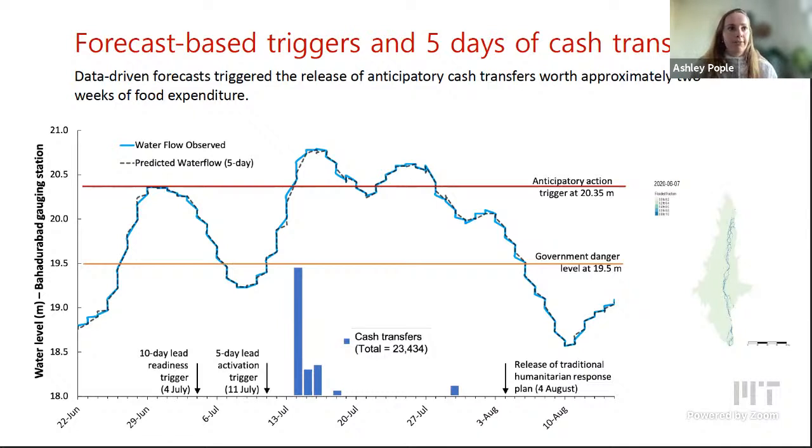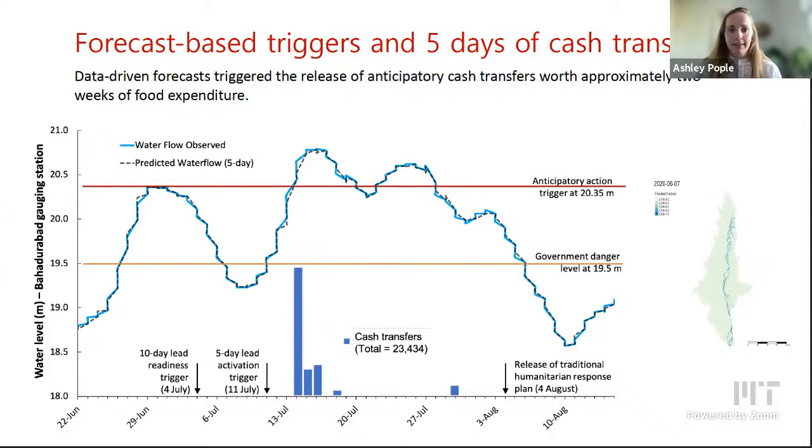And this graph here shows the predicted water flow, which is the dotted line, and the observed water levels ex post. And you can see that our predictions are really good, especially in floods. The jury is out on droughts, given that it's a slow onset disaster. And there were two triggers that were designed, that had a 10-day lead-up versus a 5-day lead-up,